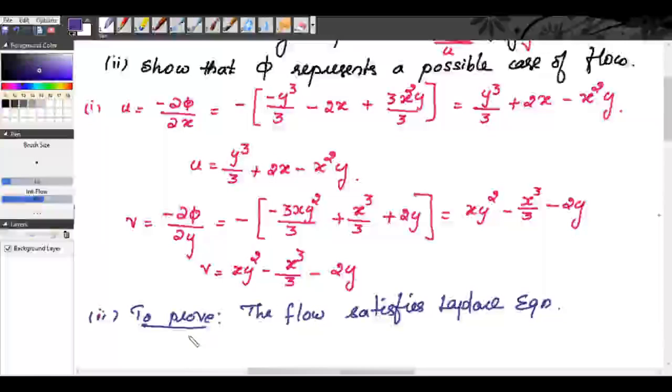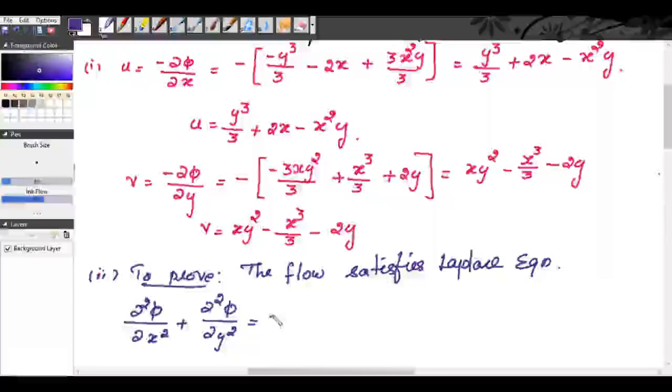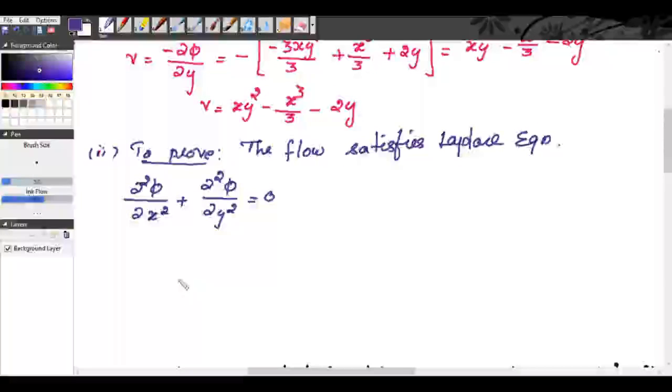So what is Laplace equation? We know Laplace equation is ∂²φ/∂x² + ∂²φ/∂y² = 0. Okay, now let us prove that, right? So that is nothing but,